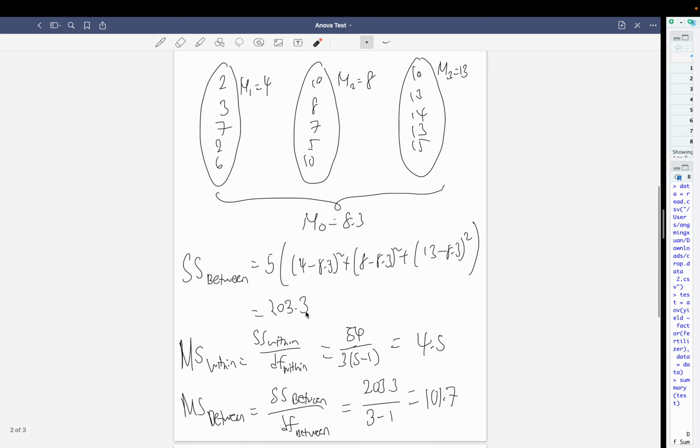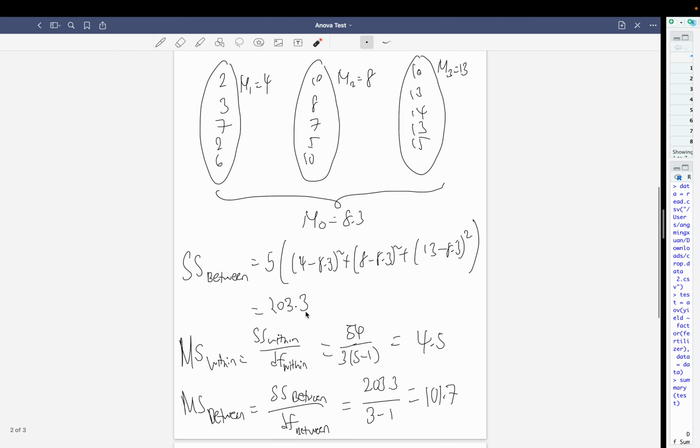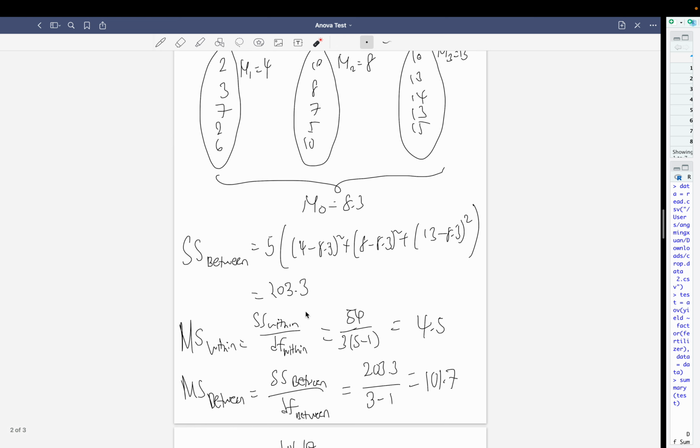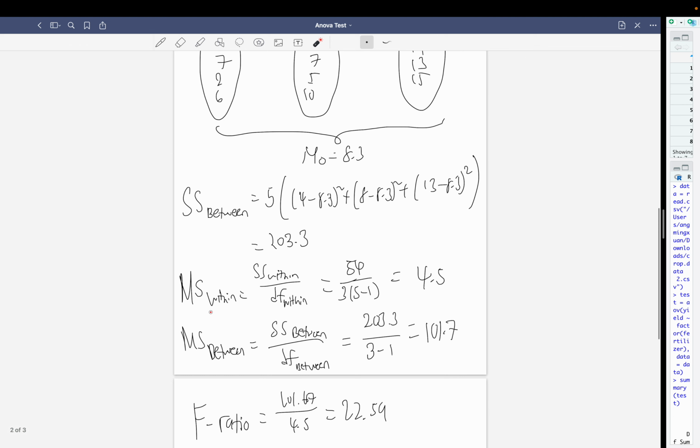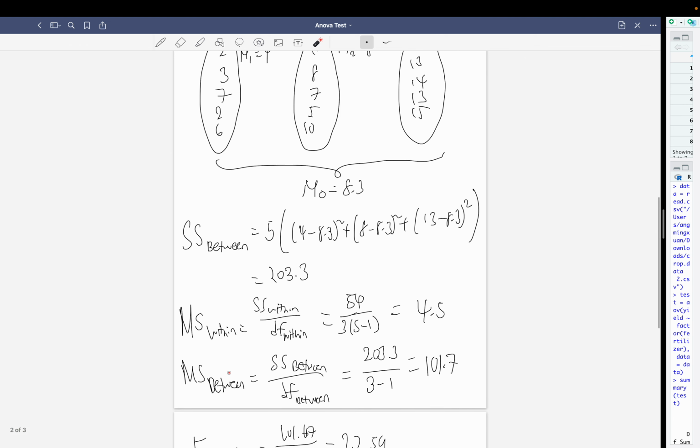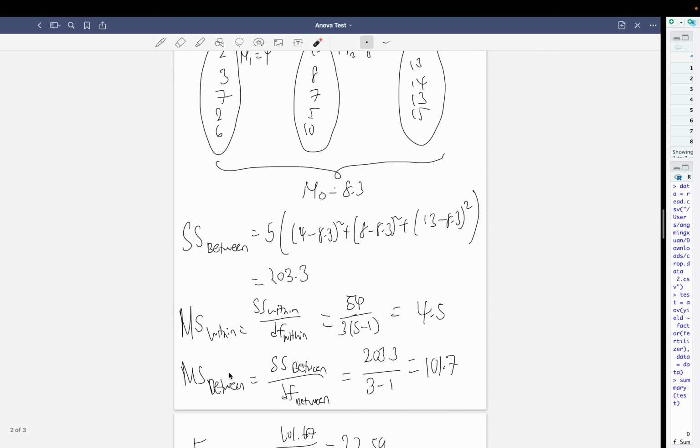Now, for our calculation purposes, this sum of squares is how impactful it is. And we need to calculate the average sum of squares between and within the groups. These are known as the mean squared within the group and the mean squared between the group. And the formula goes as follows. The mean squared within the group is equal to the sum of squares within the group divided by the degrees of freedom within the group. For the degrees of freedom,